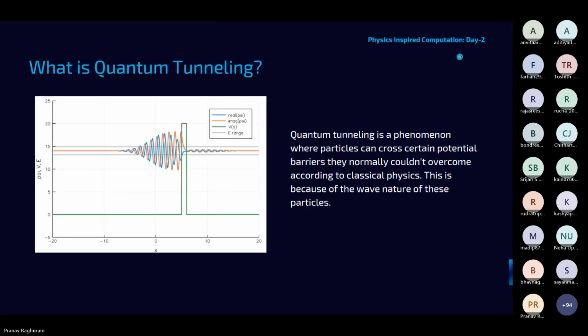This occurs because particles also exhibit behavior described by their wave functions. These waves can extend through and beyond physical barriers, allowing for a small, non-zero probability that particles will appear on the other side of the barrier, despite not having enough energy to cross it conventionally. This concept is used in simulated annealing, but besides that, it is also used primarily in making tunnel diodes and scanning tunneling microscopes.